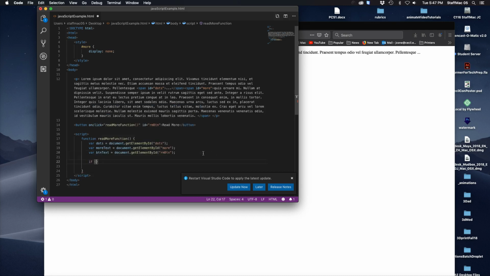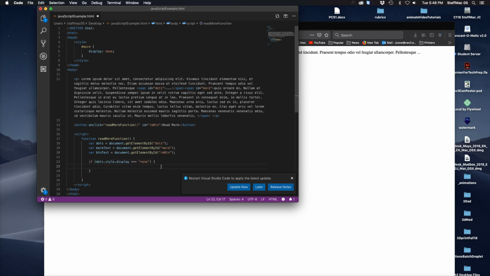So we're going to say if the dots.style. So if this element, the style of it, and in that style, so if you look, it's almost like a folder structure. So dots is obviously the element as a whole, and then we're going to say in the style of that, right? And then inside the style of that is going to be display. So the display of this style, and the style is obviously part of this. So it's like we're moving down the hierarchy, okay? So we're going to say if that style.display is equal to none, meaning it's not visible, okay,